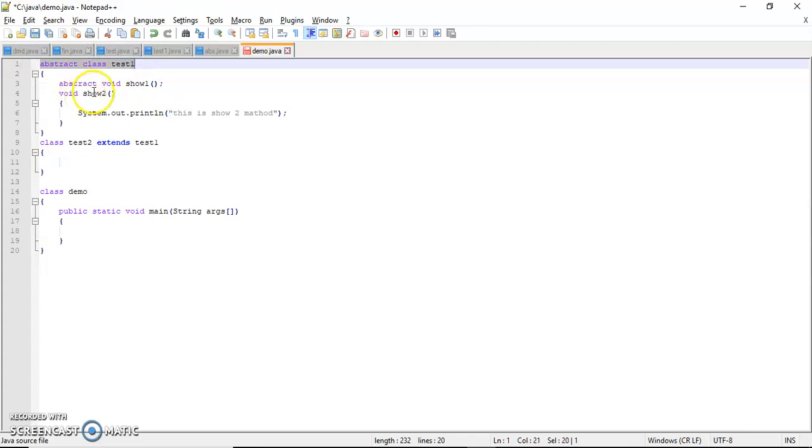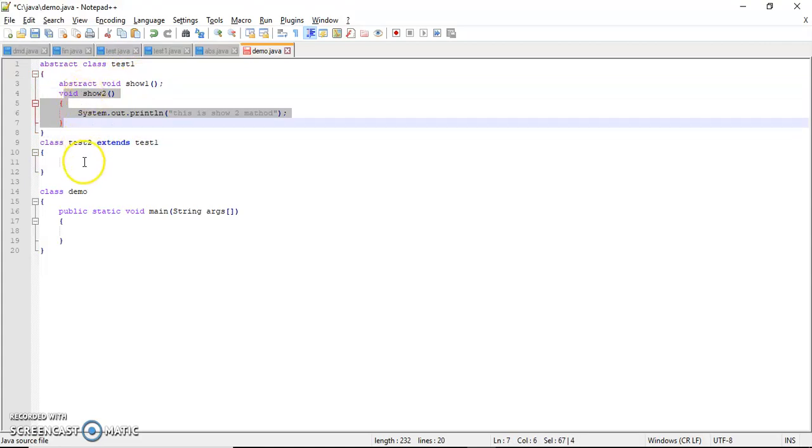So I must implement the abstract method of that abstract class if I am inheriting test1. Whatever class extends an abstract class must implement its abstract method. So show2 is a concrete method and show1 is an abstract method.